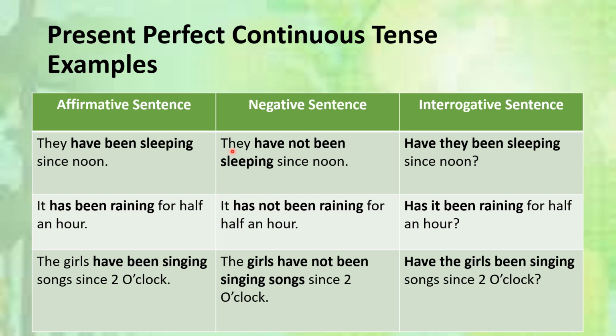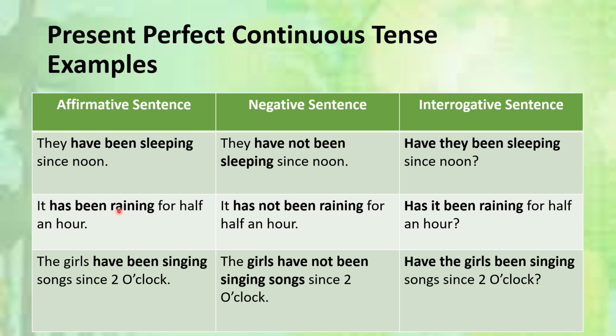So we will add not in our sentence in between have and been to make the sentence negative. They have not been sleeping since noon. Have they been sleeping since noon? We will write have in the start of the sentence. After that, we will write our subject, and then we will write the been and the fourth form of verb and rest of the part of the sentence. Similarly,